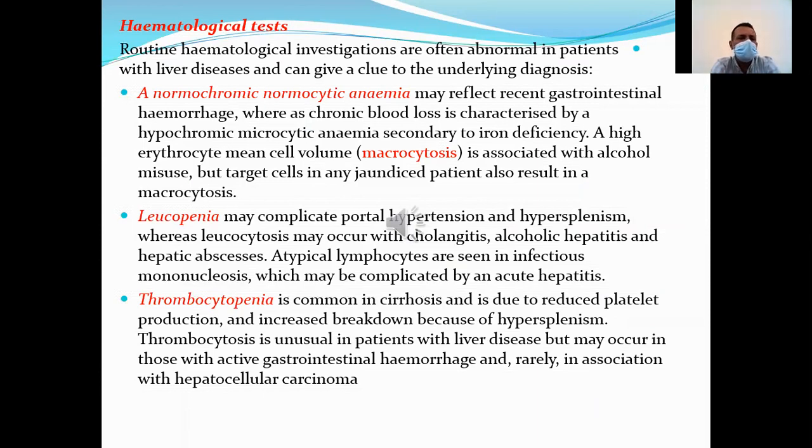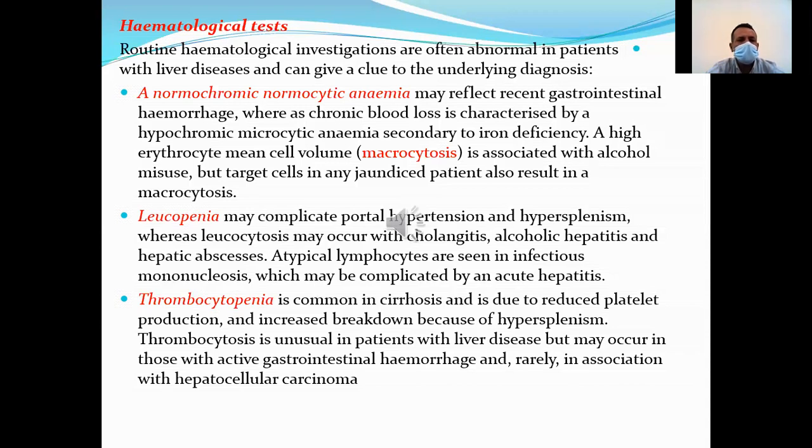Commonly we see normochromic normocytic anemia, which may reflect gastrointestinal hemorrhage or the chronicity of liver disease, or it may cause hypochromic microcytic anemia due to iron deficiency or chronic blood loss, or